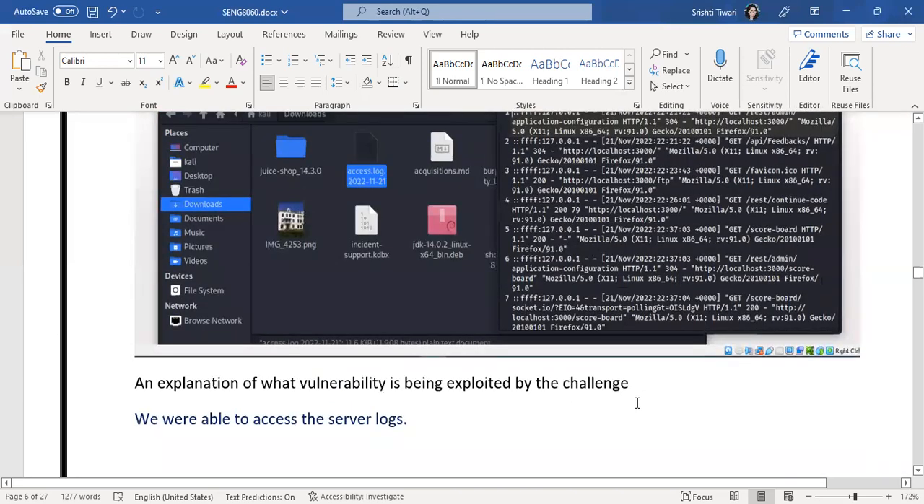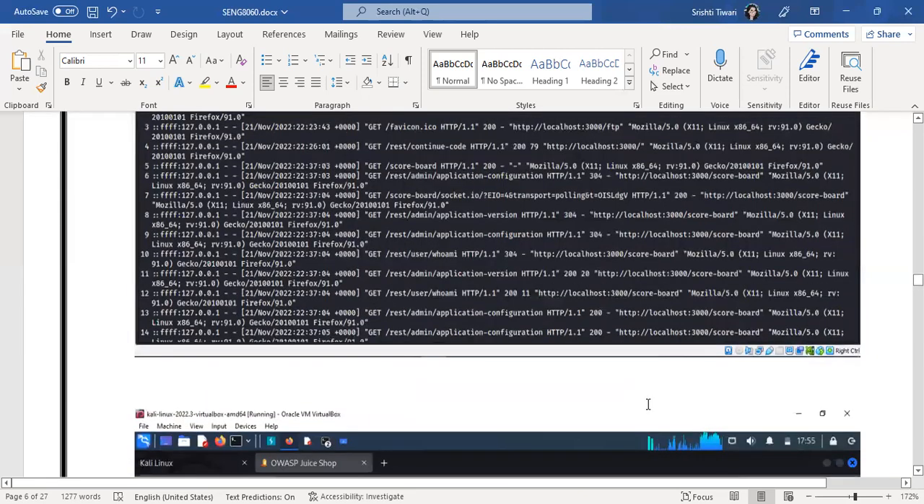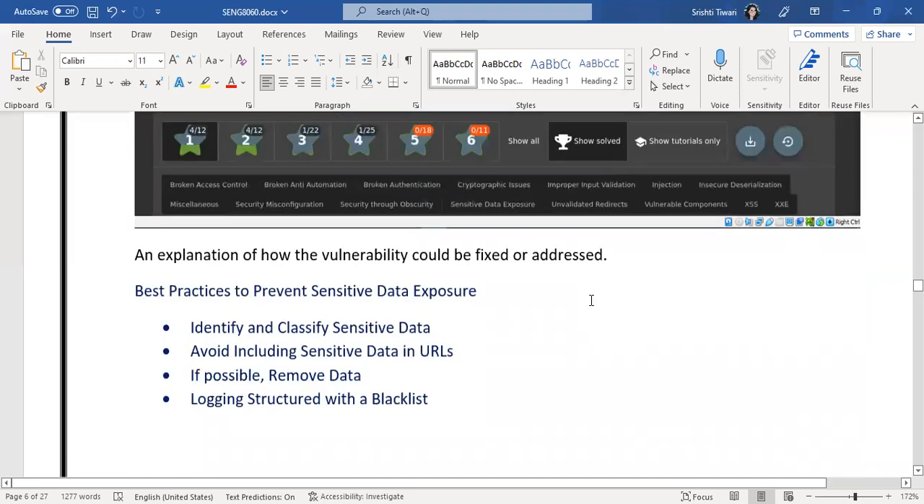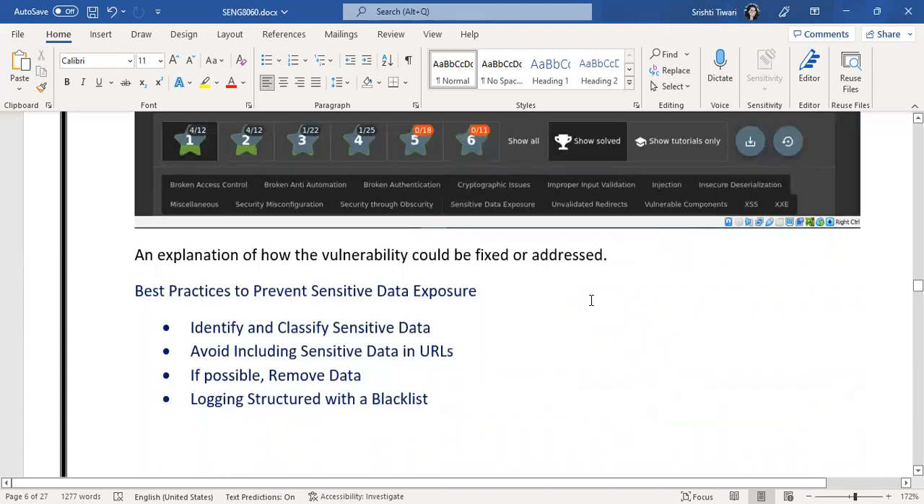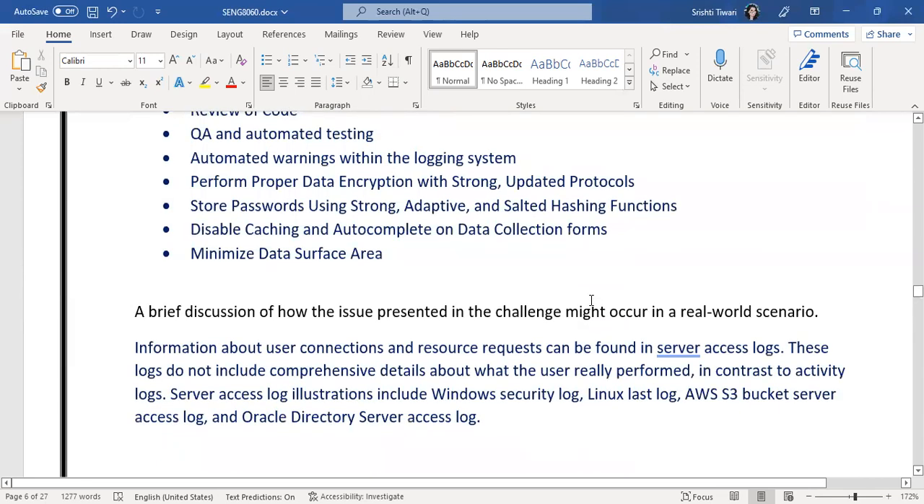So what vulnerability have we exploited in this challenge? We accessed the server log and we found the server data. And here you can see that we have successfully completed this challenge. So how can we fix this vulnerability or prevent data exposure? We can identify and classify sensitive data, avoid including sensitive data in the URL, and if possible remove sensitive data, and structure logging with a blacklist. We can review the code and perform QA or automation testing,